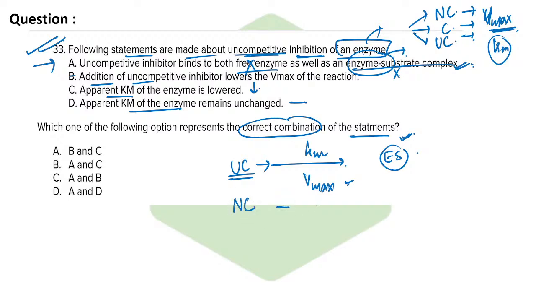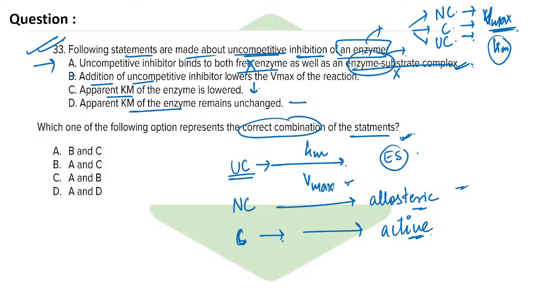In case of your non-competitive, it binds to the allosteric site. That is any other site on the enzyme structure except for your active site. That is what an allosteric site is. And in case of your competitive, it competes with your main substrate to bind to your active site only, right? So remember about this. Competitive to the active site, non-competitive to allosteric, and uncompetitive to the enzyme substrate complex only. If I eliminate the first option, I can eliminate three options and reach my correct answer without even reading anything else, and that is option A, B, and C. Then you have addition of